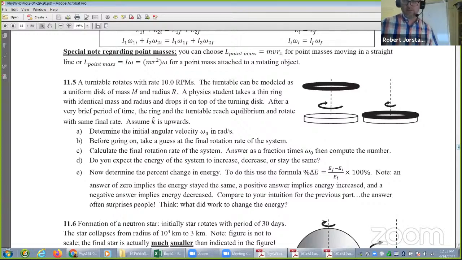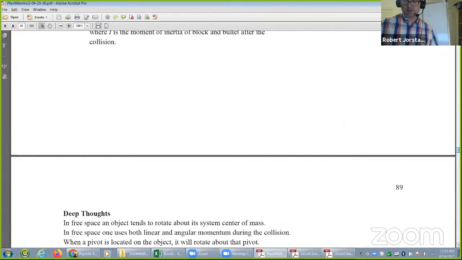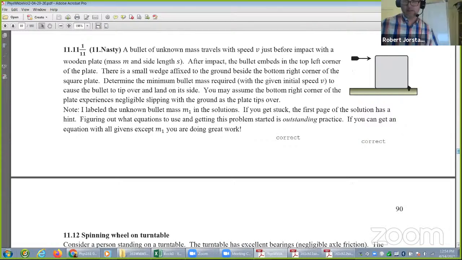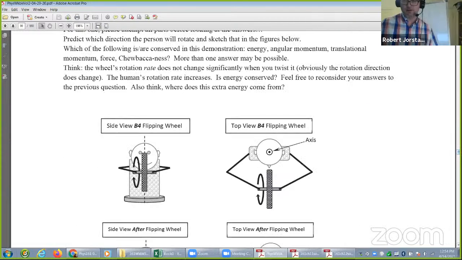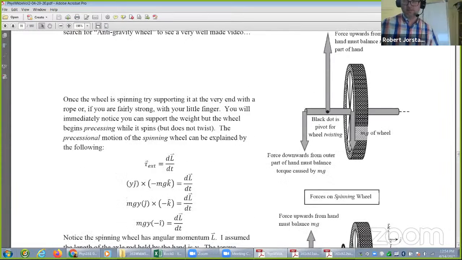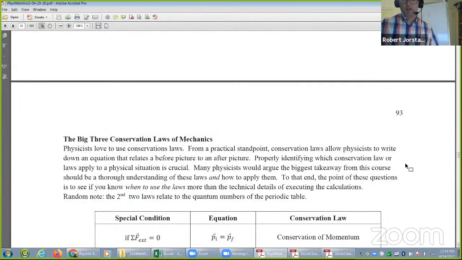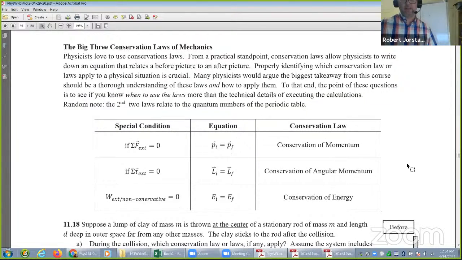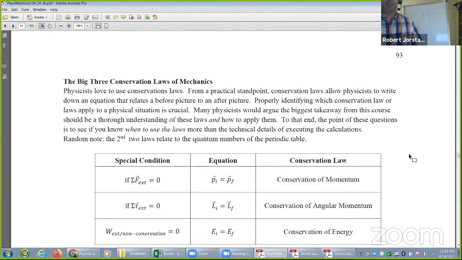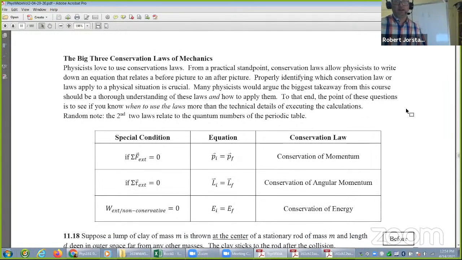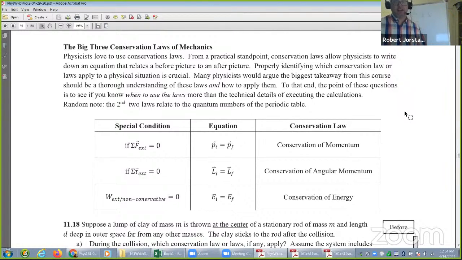I wanted to skip ahead to a certain page here, and then we're just going to do some practice problems. Where is it? This is it. I think we haven't discussed this yet. I'm on page 93 in the workbook, people. 93. All right. So in this case, I just want to emphasize we have basically learned a few tools today,